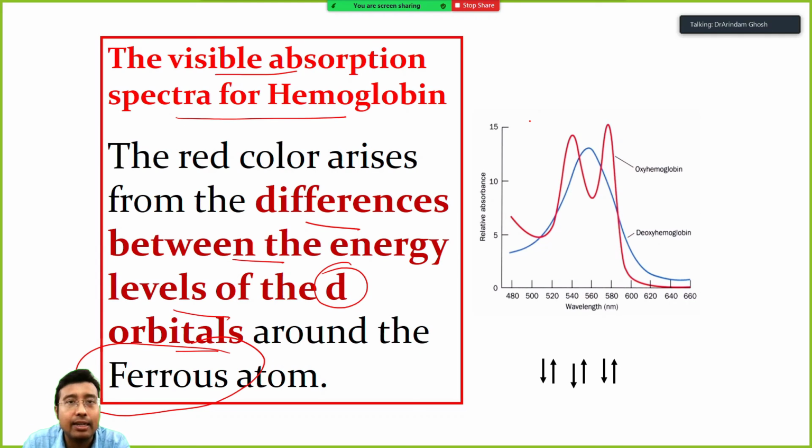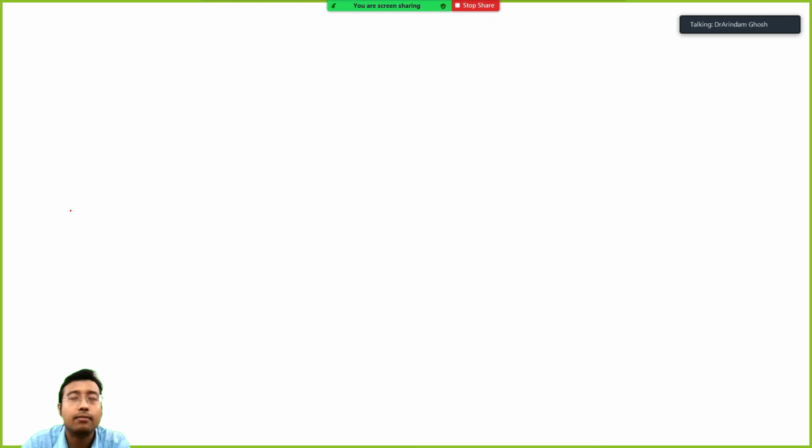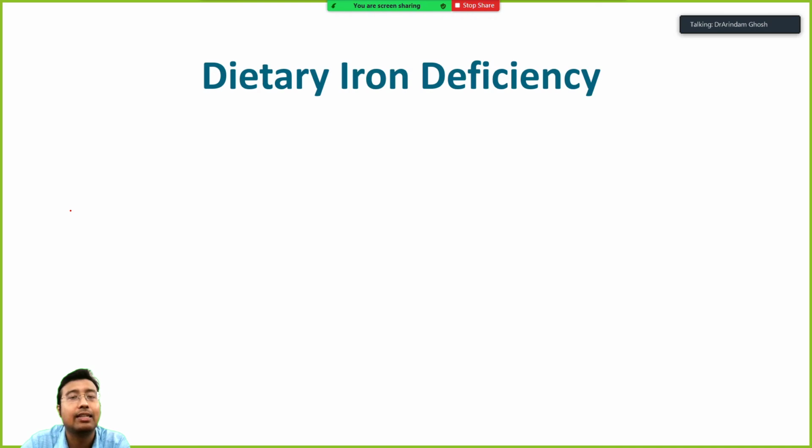Why is heme red in color? Heme is red in color due to the presence of methynyl bridges in the tetrapyrrole ring. And other than that, iron individually is also red in color because of this. But this is not so important for you to know. In the electronic configuration of the d orbital there is some difference of energy absorption, and that's why again red light gets emitted. So these are the two reasons why the whole thing is red in color.